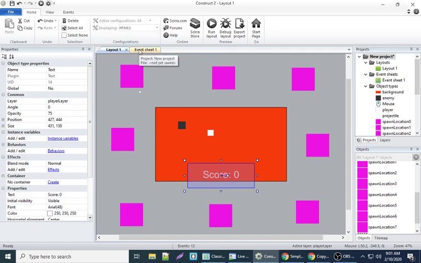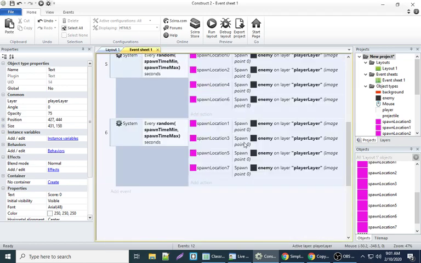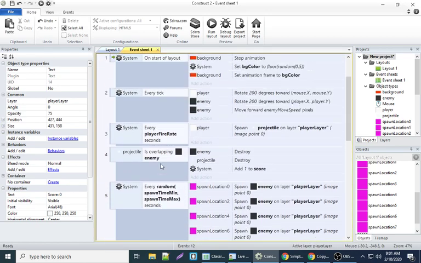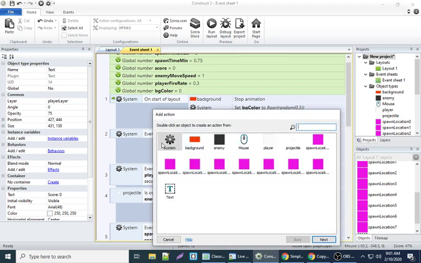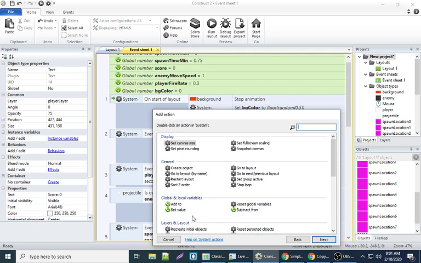What we need to do now is back on the event sheet, we need to go find that every tick and add action to every tick. For the system, we want it to set the value